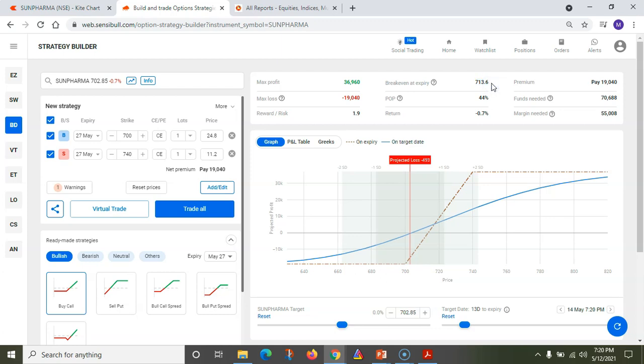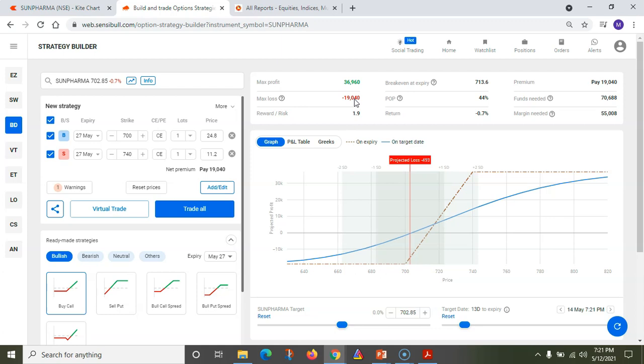All this will hold good assuming you are planning to hold your option till expiry. You can get out of your position anywhere. Even, for example, on the next trading day, if Sun Pharma goes up 2%, 3%, this call option will proportionally increase. You can just exit there, and you need not wait till expiry. So all this, the break even, the maximum profit, maximum loss, the entire thing is under the assumption that you are planning to hold till expiry.